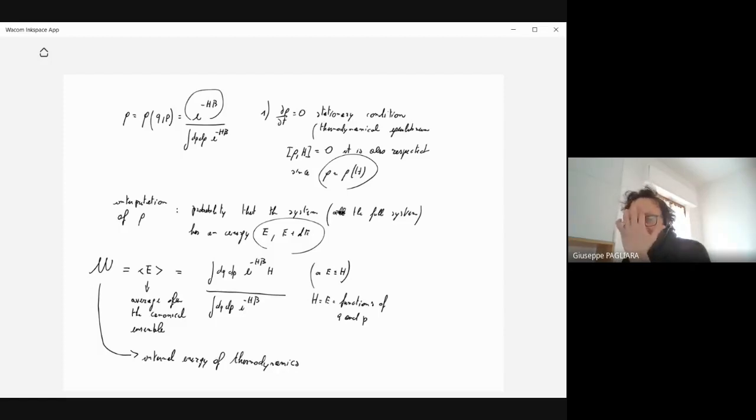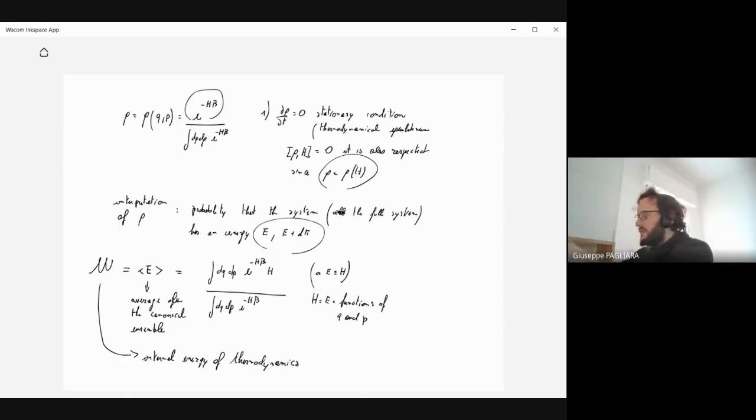But here it is different, because one thing is the energy of the system for a certain configuration, and another thing is the internal energy that could fluctuate. Actually, we will see that the fluctuations are very small, and therefore the results that we will obtain in this ensemble are compatible with the results that we get in the microcanonical ensemble. Anyway, this is the internal energy of thermodynamics, and